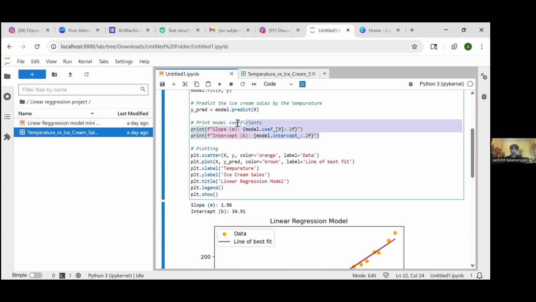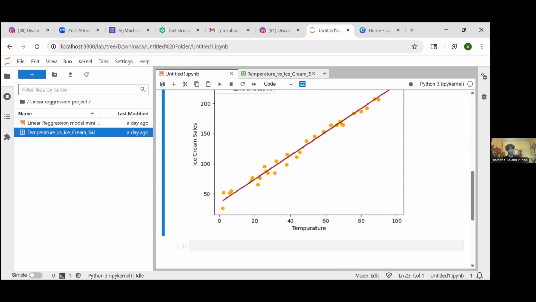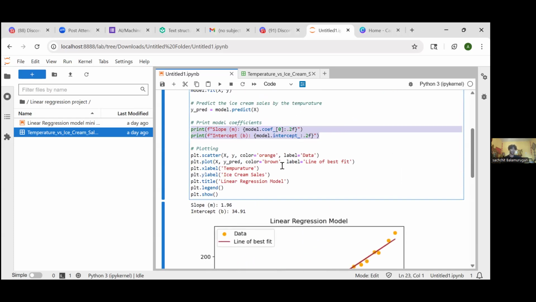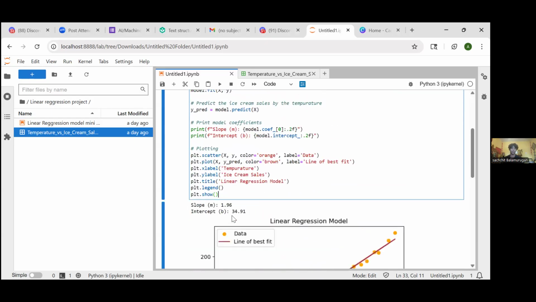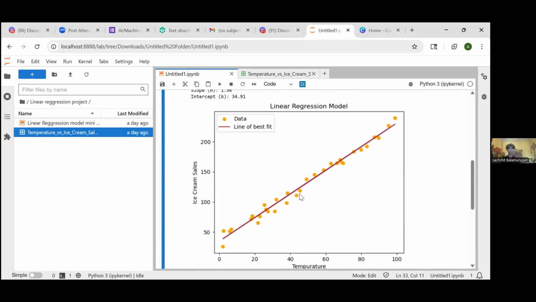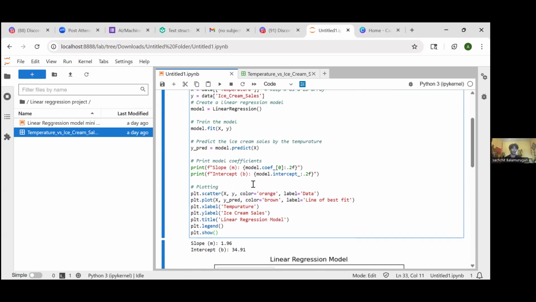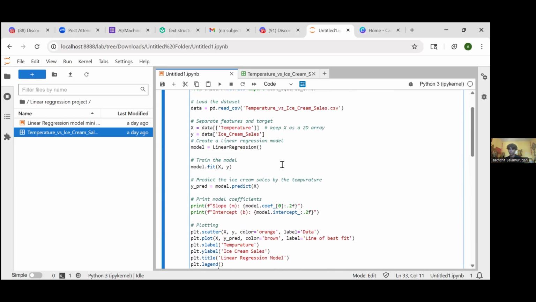And over here, this prints the model. So this is how we got this graph. And this is basically just coloring and labeling everything. It's not that important. The print functions print out the slope and the intercept. You see where it says slope and intercept? That's what this code does. And then the code underneath actually prints out the graph, and then you can edit the graph to however you want it to look. Stylistic.